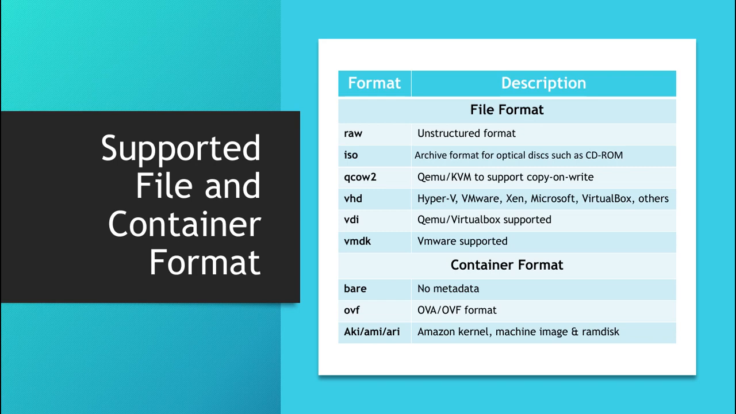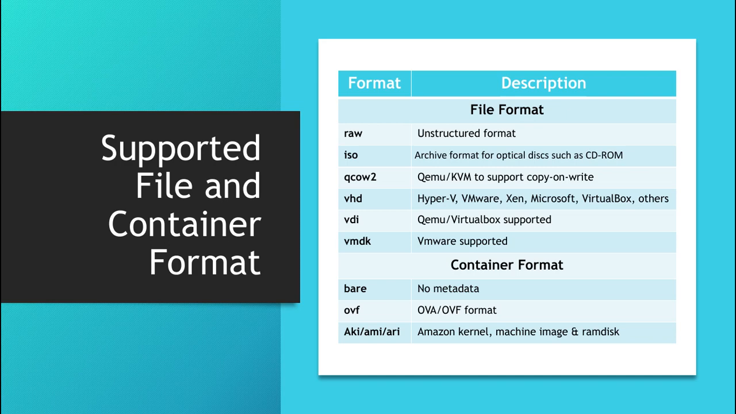Then QCOW2, that is the QEMU or KVM supported copy-on-write format. Then VHD, which is more popular in Hyper-V or VMware or Xen or VirtualBox and other various hypervisors. VDI, which is supported inside your QEMU or VirtualBox, and VMDK, which is mainly the default disk format for your VMware hypervisor platform. And whereas for the container, it supports bare, so that is no metadata,